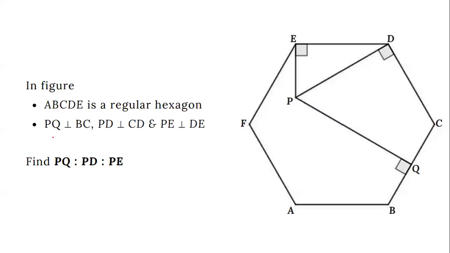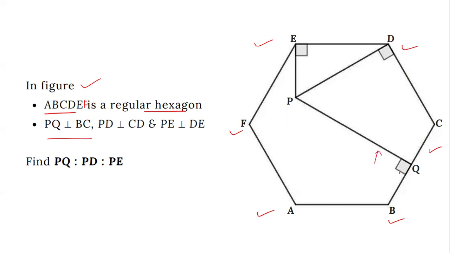So hello guys, in this video we are going to solve this problem. In this problem it is given that in the figure A, B, C, D, E and here F also come. So A, B, C, D, E, F is a regular hexagon. You can see that A, B, C, D, E, F is a regular hexagon and PQ is perpendicular to